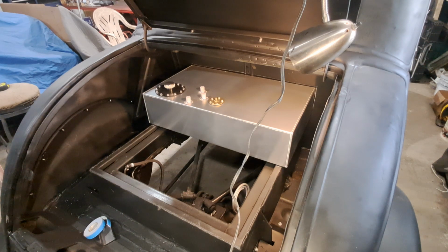And it's colder than a whatever in here. So anyway,